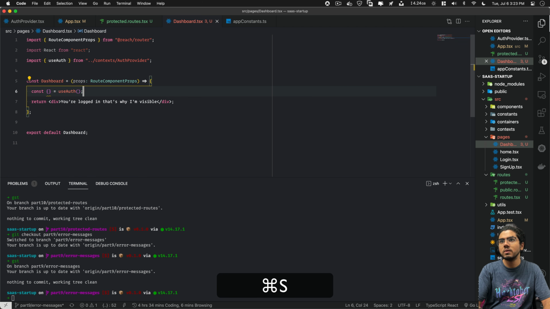Auth. Okay, now we'll see what's there inside use auth context and what all we have in context. User, error, sign in. Okay, so you can see we have sign in and all that stuff.